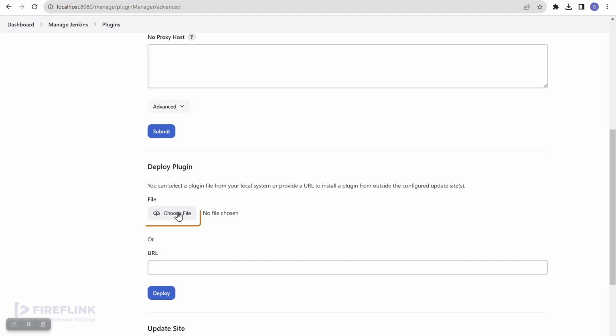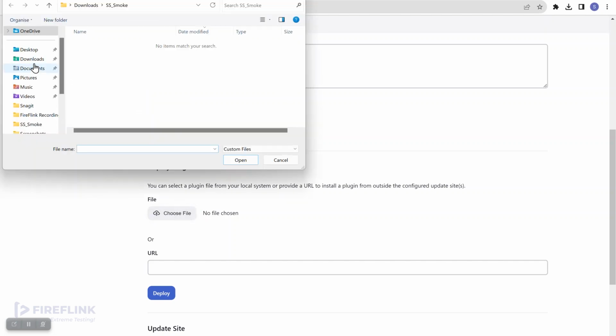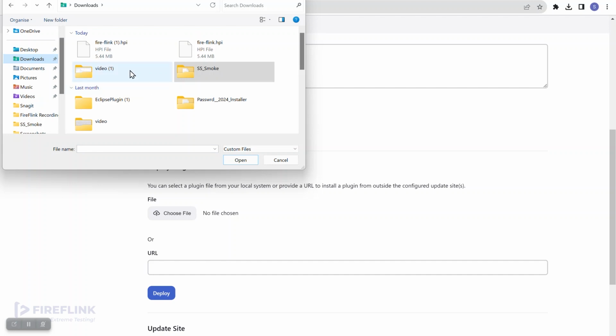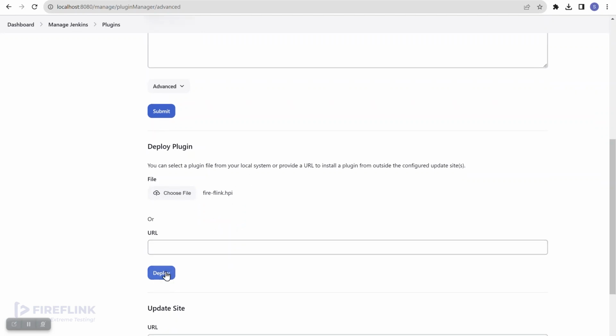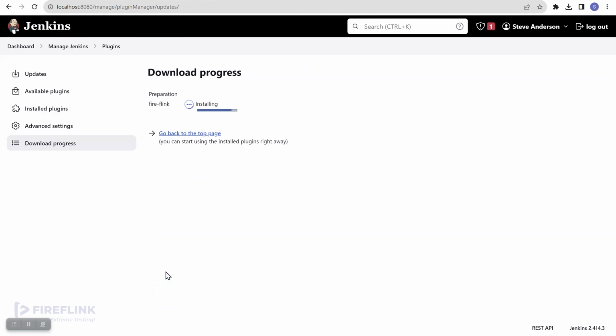For that I will just click on this choose file. Here I have to select the HPI file which is present in the downloads. See, this is my HPI file. Let me select it and click on open. Here, if you can see, the file is uploaded, right? Now all I have to do is click on deploy. Once I click on deploy, if you can see, FireFlink is installing. It is installing the plugin into the Jenkins platform, and once it is successfully installed, if you can see, a success message,